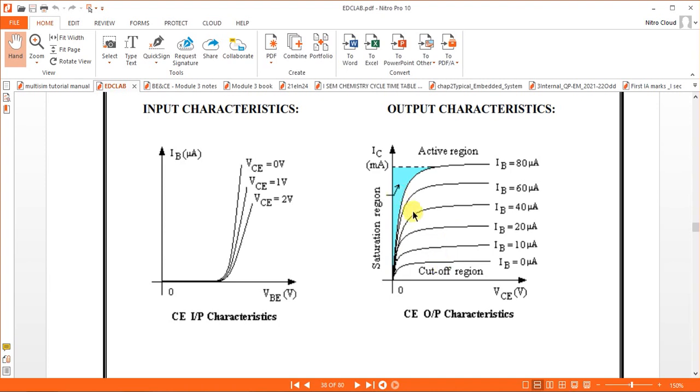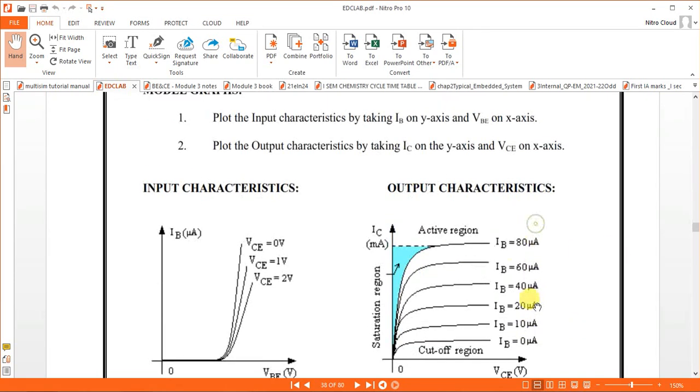If you want to operate a transistor as a switch, then you have to use the transistor in the cutoff region and saturation region. In the saturation region, both the junctions are forward biased, and it acts as a short circuit. So we call it a short circuit between collector and emitter. And in the cutoff region, both the junctions are reverse biased, so there is an open circuit between collector and emitter. So if you want to operate the transistor as a switch, you have to operate it continuously in the saturation region, cutoff region, saturation region, cutoff region. That will make it turn on and off like that.